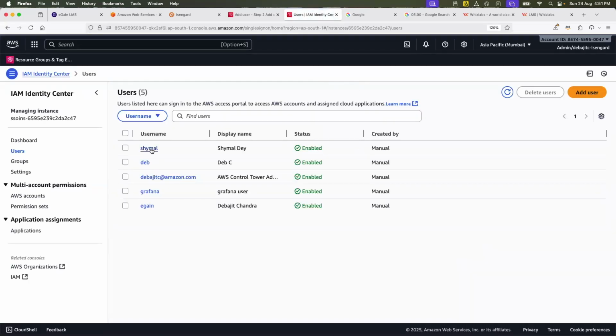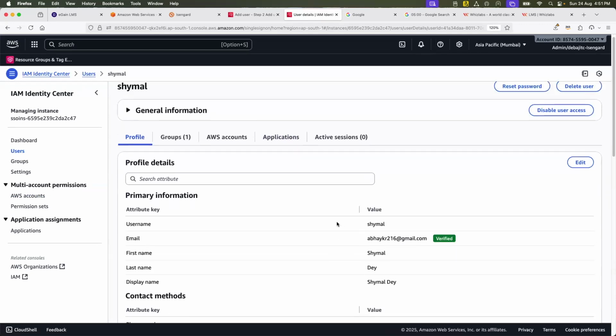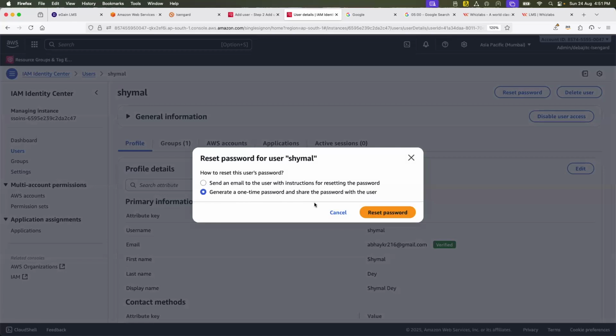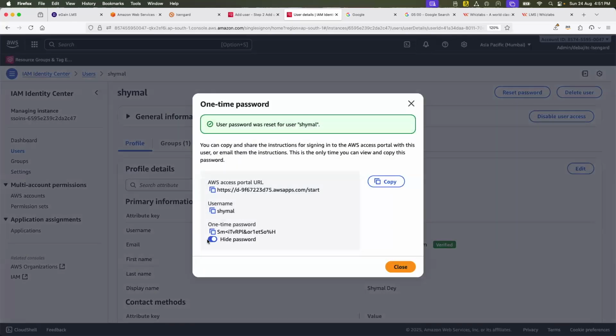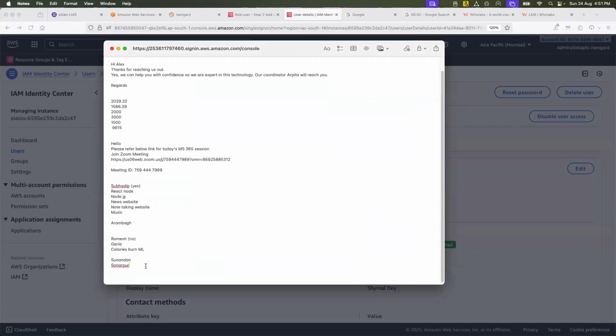By that time, Abhay, have you verified it? Let me check. Yes, thank you. So now you see, he has verified, and it is verified. So what I need to do is reset the password right now. I can reset the password and remember it just for this, or you can change the password as well. So I just copy this, and maybe keep it in my clipboard somewhere.